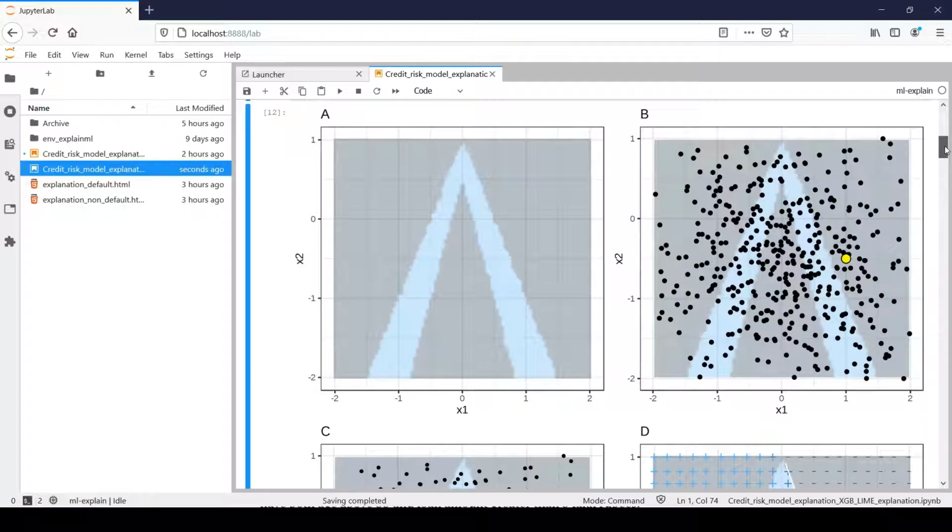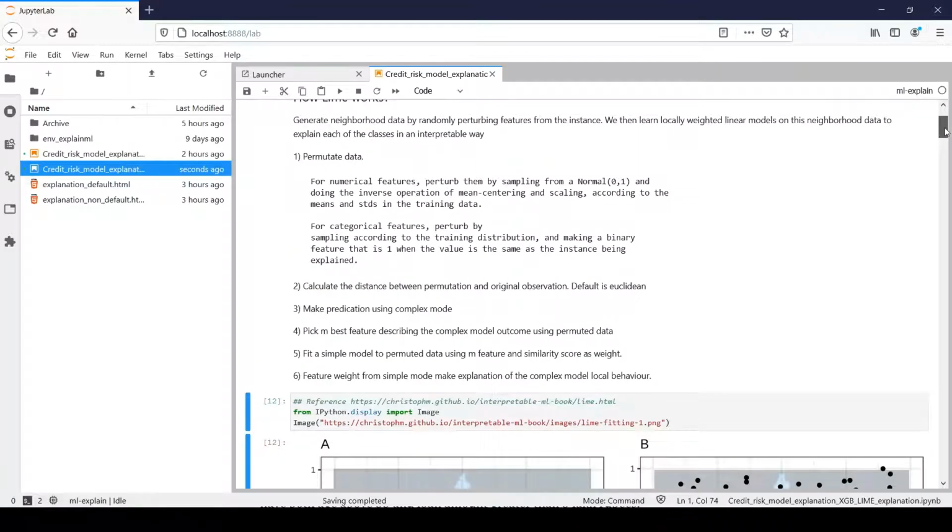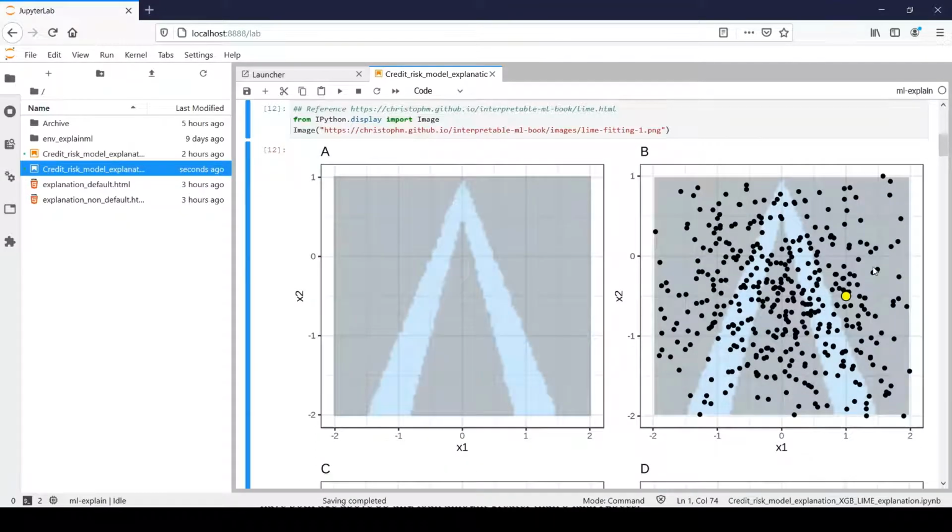I will use the LIME model interpretation technique to explain the model output of this yellow dot. As a first step, LIME generates lots of fake data around this yellow instance, for which I would like to know the explanation of my model prediction.